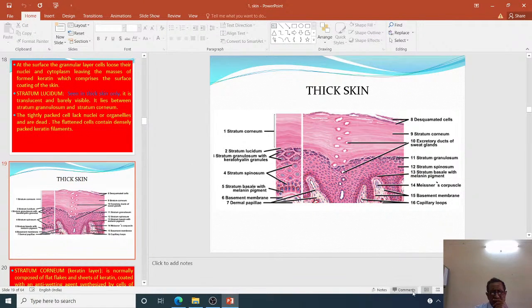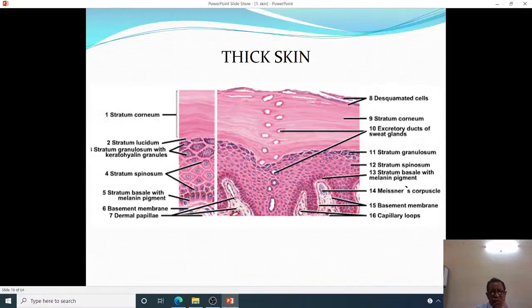So here I am showing the section of thick skin, wherein you will be seeing the cornified cells on the outside, then the stratum corneum, then the stratum lucidum, an area with almost empty space like this, and then the stratum granulosum, then the stratum spinosum, and finally the stratum basale. So we have stratum basale, stratum spinosum, stratum granulosum, stratum lucidum, stratum corneum, five layers in the thick skin. And in thin skin,